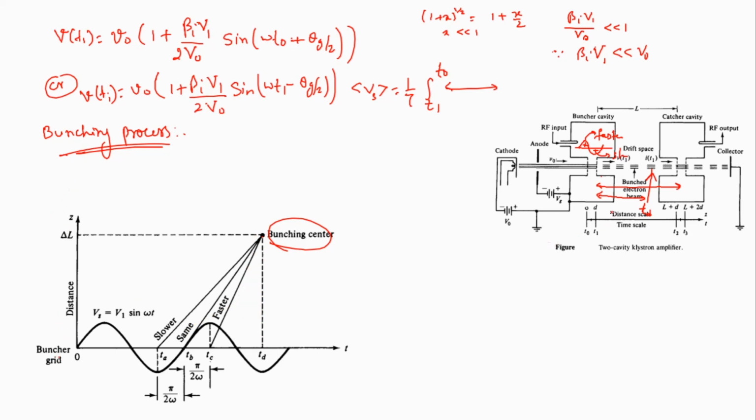So this distance is nothing but delta L, and all these electrons will travel this distance delta L. Now we will try to find this delta L value for all these slower, faster and unchanged velocity electrons,